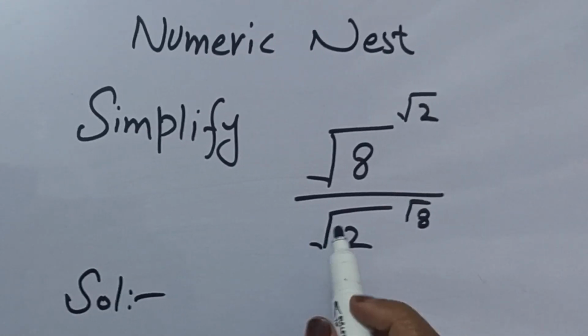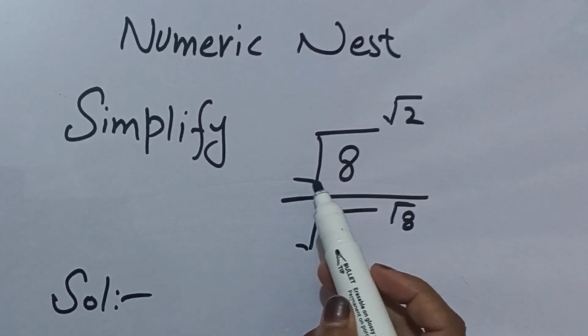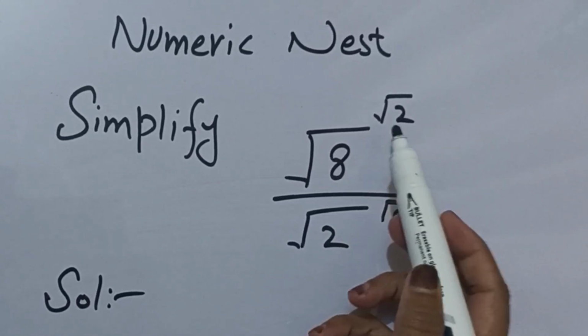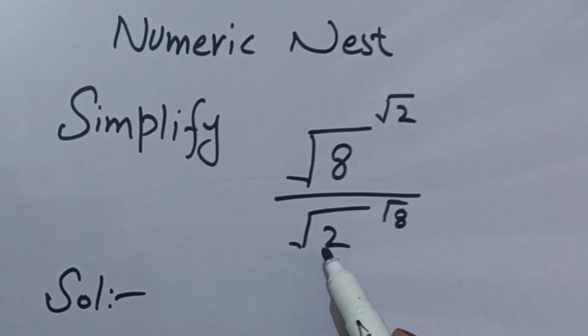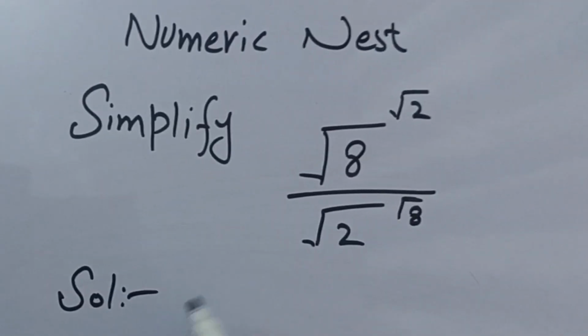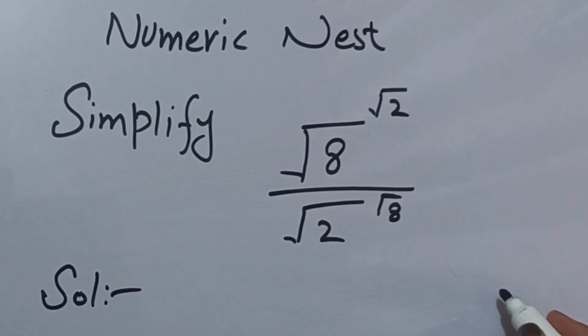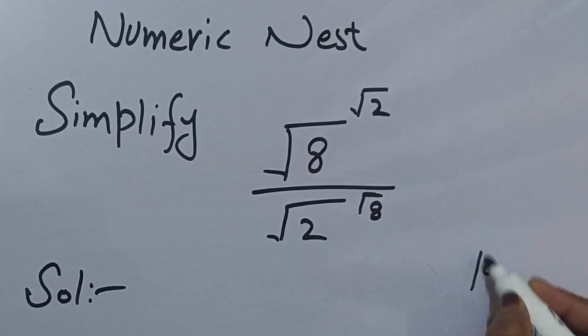Hello, good day everyone, and in this video we are going to solve this radical problem. We have square root 8 raised to the power square root 2 over square root 2 raised to the power square root 8. So let's start. In the first step we use this identity, which is a raised to the power